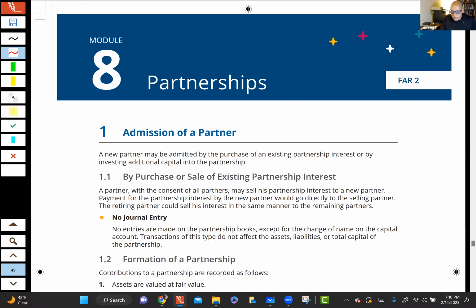Now, the good news about partnerships is it is a limited amount of techniques that they're going to use to admit a partner, dismiss a partner, or exit a partner. We're going to see that it's going to be either the exact method, the bonus method, or the goodwill method in order to add the partner. When you exit a partner, it's either the goodwill method or the bonus method that they ask us about. And then there's also how to distribute amounts to partners, which is simply a reading comprehension exercise,